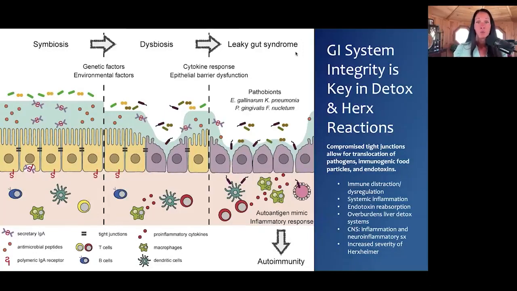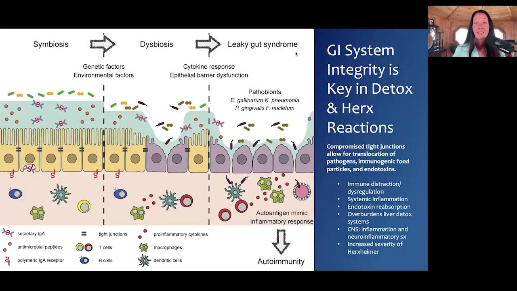And then when we get all the way over to leaky gut syndrome, you can see that those microvilli are just completely gone and there's no more tight junction. The tight junctions were those little things that looked like equal signs in between the yellow cells. So we can see over here that all the yellow's gone, all the brush borders are gone, the tight junctions are